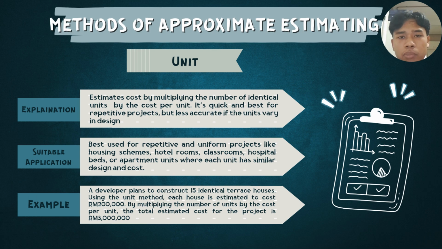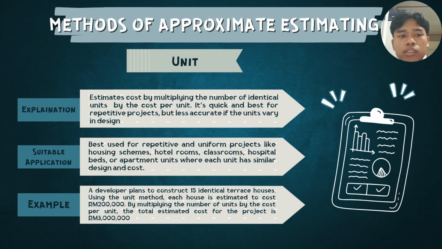There are 4 methods that are commonly used. The first one is unit. Estimates cost by multiplying the number of identical units by the cost per unit. It's quick and best for repetitive projects, but less accurate if the units vary in design. Suitable application is uniform projects like housing schemes, hotel rooms, classrooms, hospital beds or apartment units where each unit has